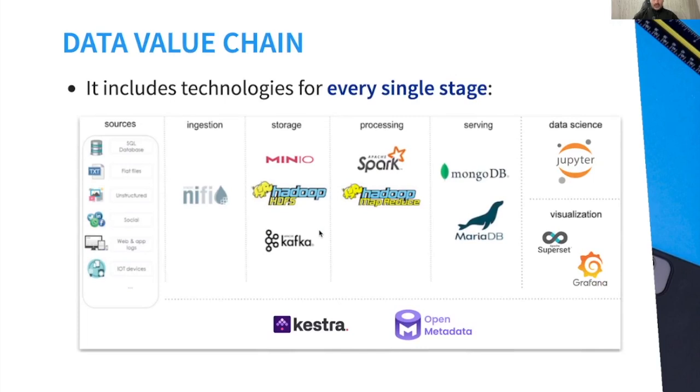When it comes to the technologies that you will find inside the environment, these are all the technologies included, classified by the different stages in the big data pipeline that I usually explain throughout my courses. And this year I've introduced two additional components. So Kestra, which is all about workflow management, scheduling, or jobs orchestration. So these kind of things where basically you're going to make everything work together by defining the different flows, right? And OpenMetadata, which is something I found out some months back, and it's all about data governance, data quality,